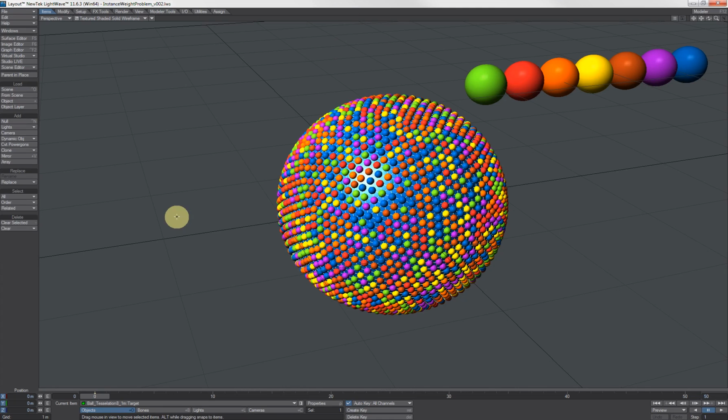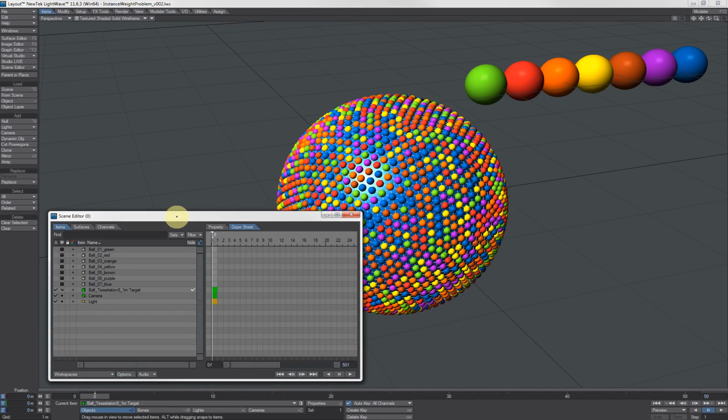Hi guys, this is a short video trying to explain a problem I came across with Lightwave instance weighting. Let me talk you through the scene and then I'll explain what the problem is and how I eventually resolved it. Look at our scene editor, you can see that I've got 7 coloured balls,